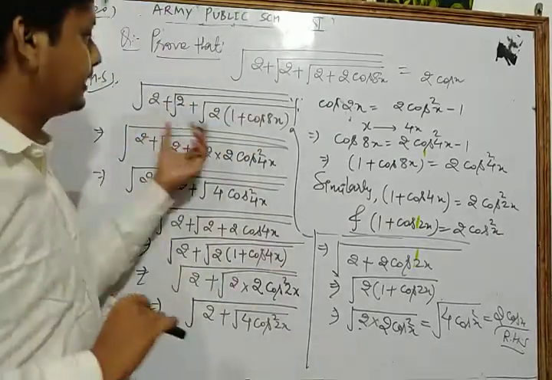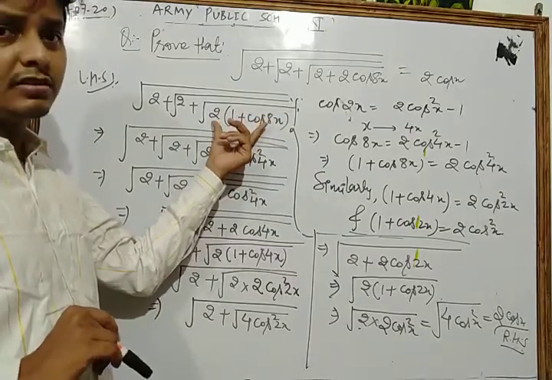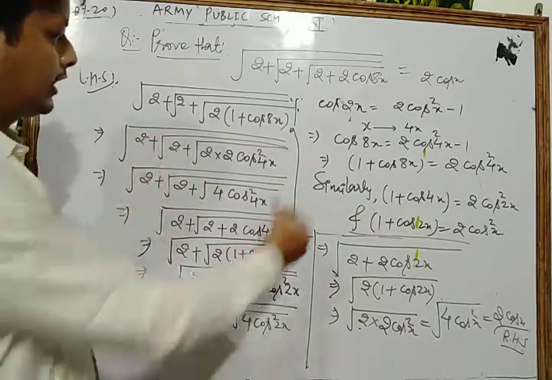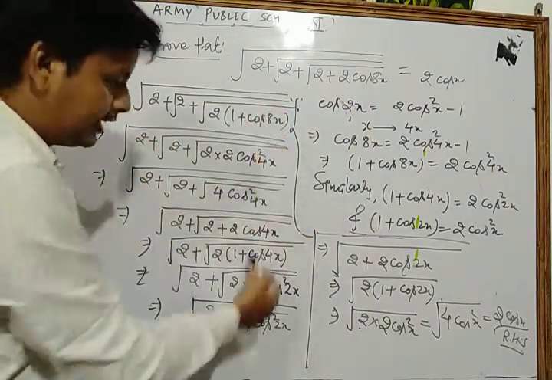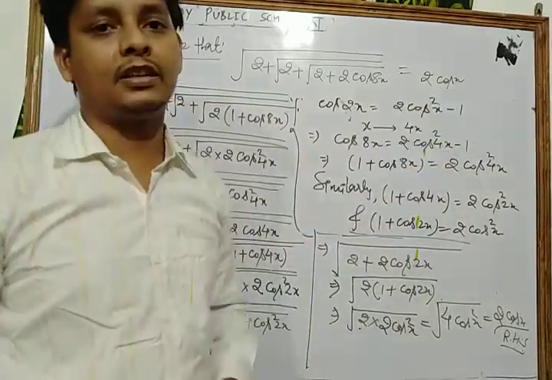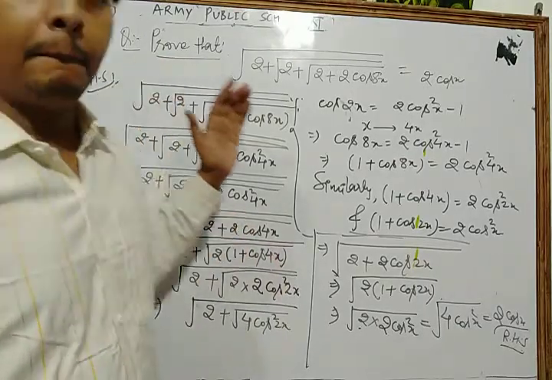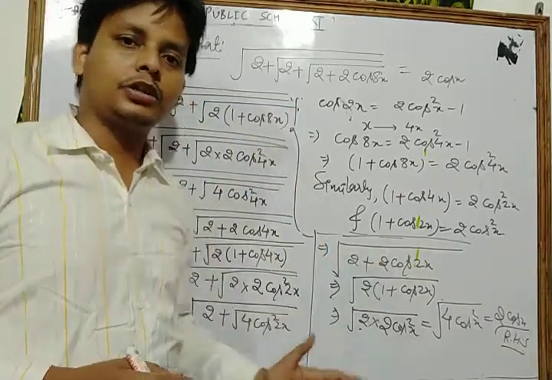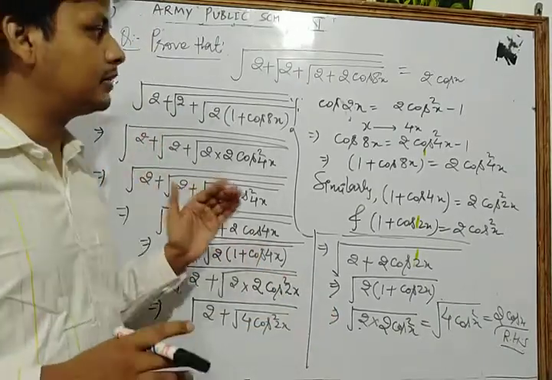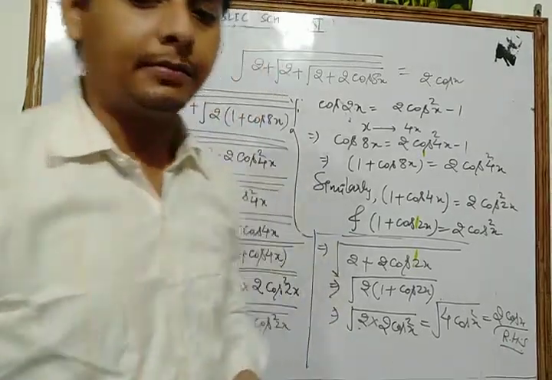Okay, now dear students, here step by step we reduce the surds and use all the formulas in these questions. In this way we simplify all the questions and we get our result as 2 cos x. So dear students, please practice all the questions of your exercise. Now we take some other questions based on the same concept. Okay, let's see.